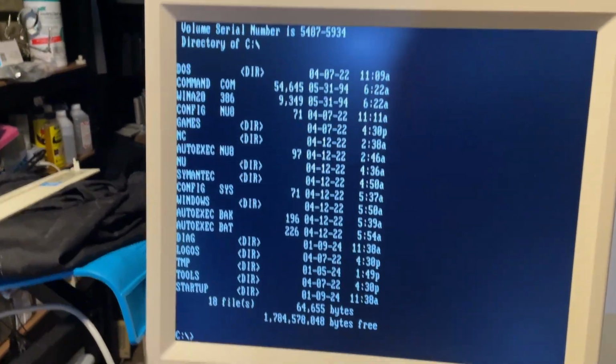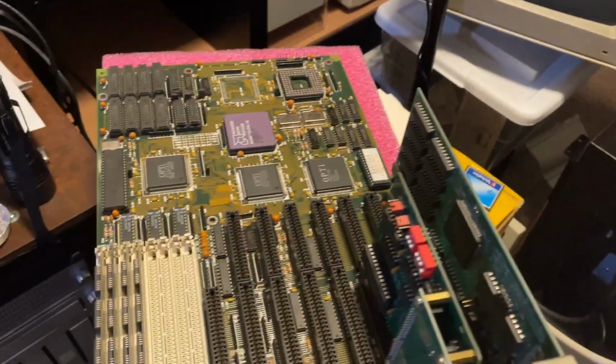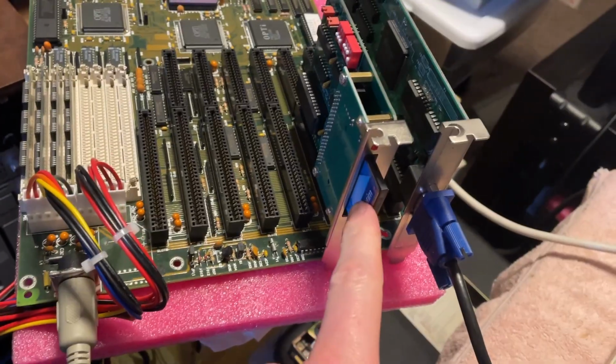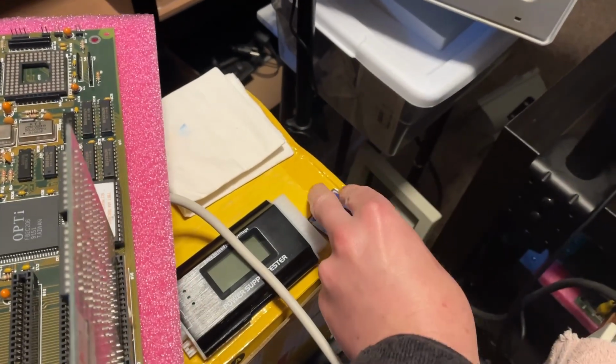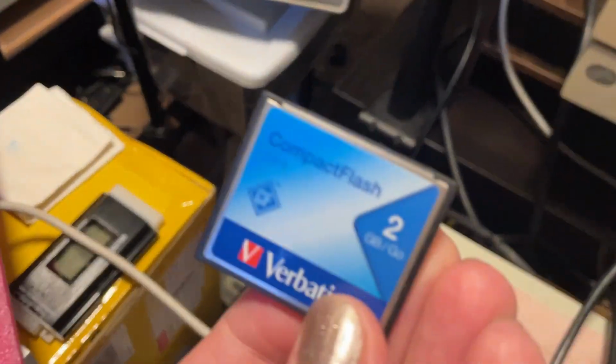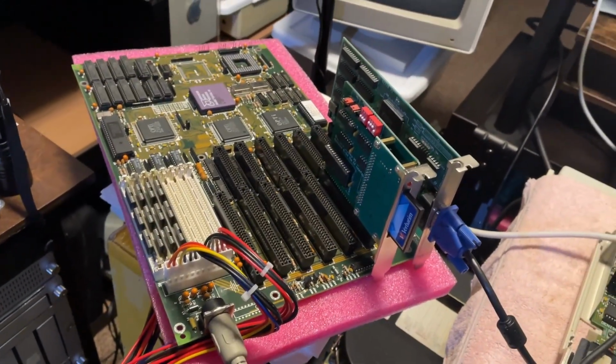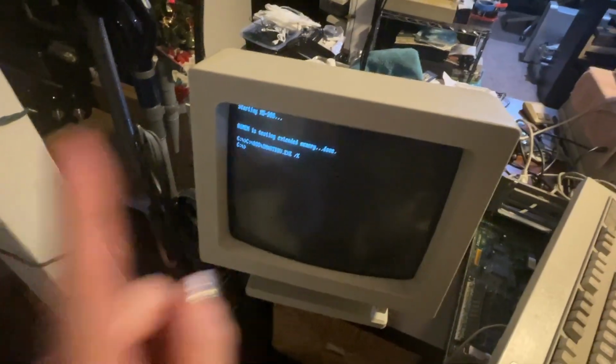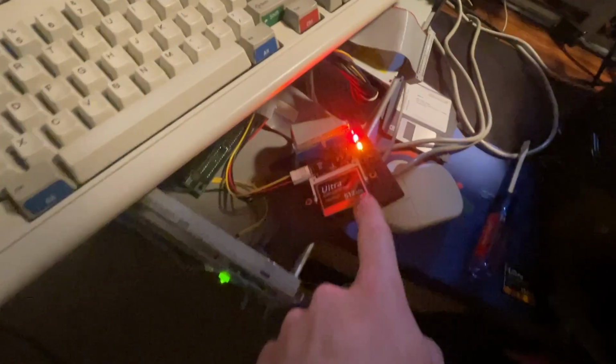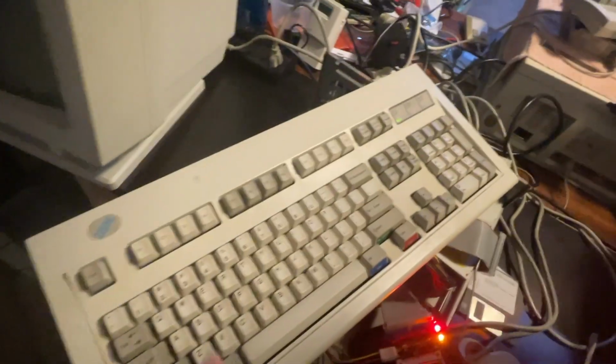Alrighty, so it does work, the cloning process. And I'm currently booted into my test rig here with a clone of the original compact flash card. This is a 2 GB one that I made using the same cloning process with DD. And I'm also booted into my PS1, and although it looks identical, it is not. It is a clone of the original one. Same size, 512 megabytes on here, and